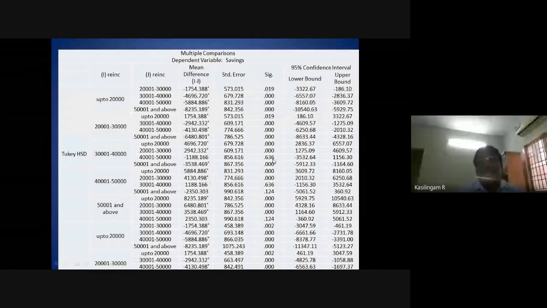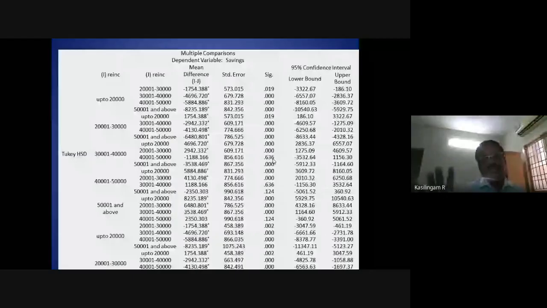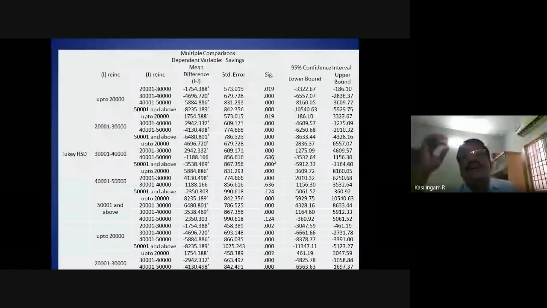Whenever, first we need to check homogeneity. If the homogeneity test significance value is greater than 0.05, there is equal variance assumed. The variance of the population is equal, so we can use ANOVA. If the significance value is less than 0.05, then groups are heterogeneous.